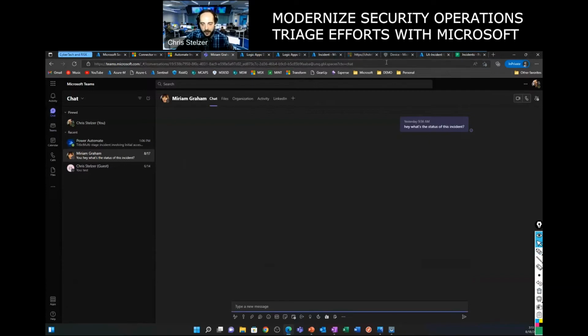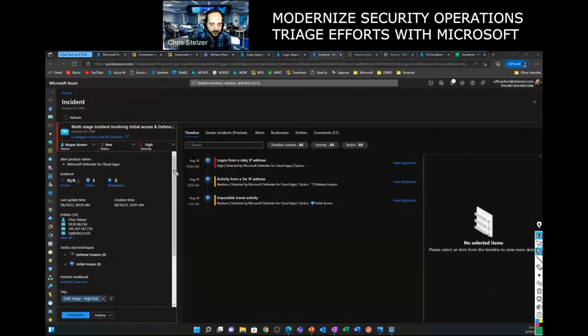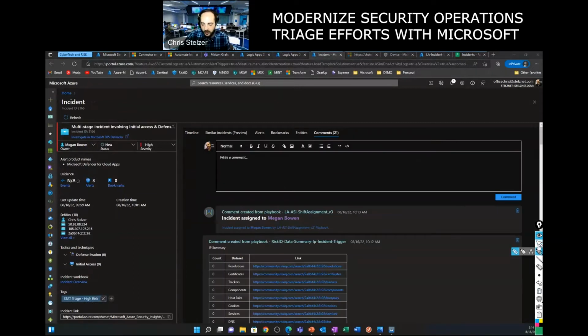So this incident is basically here. We've dealt with the initial incident assignment from a triage perspective. These incidents get created, our shift schedule happens, and our incident assignment occurs automatically. So incidents come in, and they're automatically assigned.